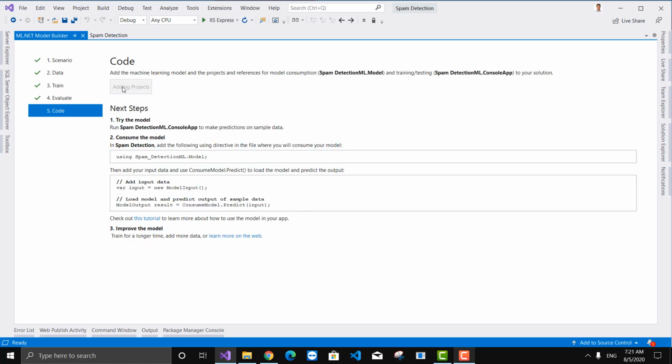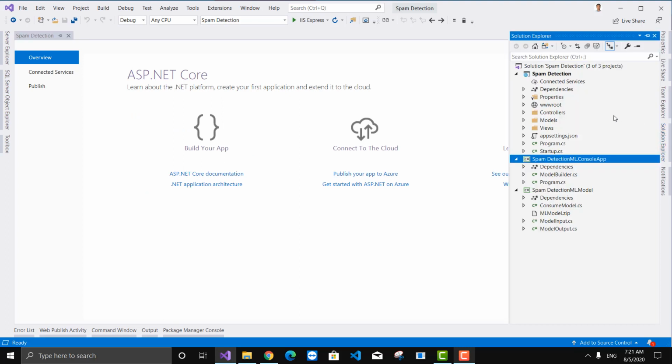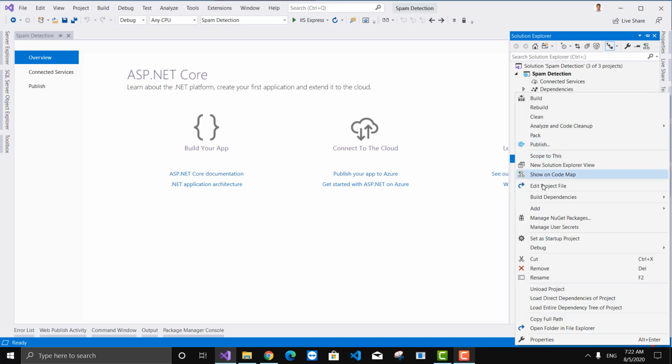Now I am going to add this into my existing project. Here you can see Visual Studio is showing a few lines that I can use to consume this model. I am going to copy this. Now the machine learning model has been designed, trained, and developed. Here you can see two new projects: number one is spam detection ml.console app, and number two is spam detection ml.model, which have just been added into my Visual Studio solution. If I run my console app directly in Visual Studio,